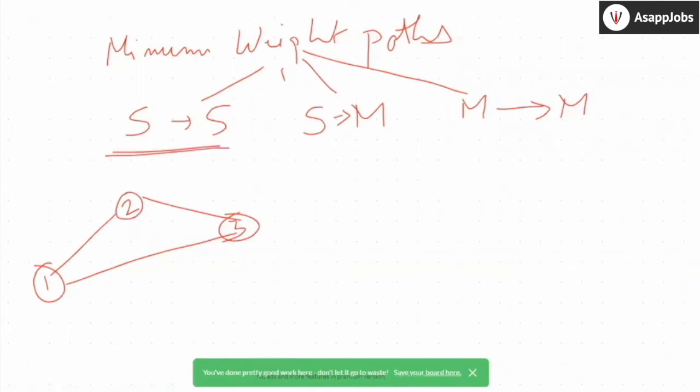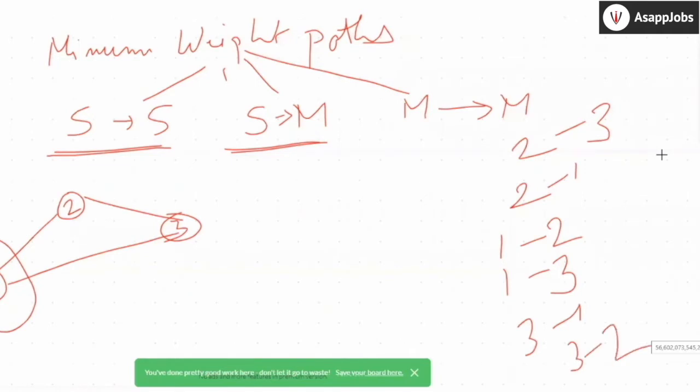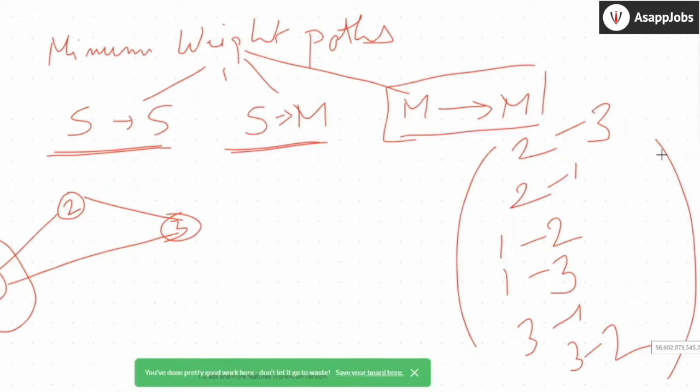If I want to find the minimum path from 1 to 2 and 1 to 3 also, I have a fixed source. My source is fixed, which is 1. I want to go from 1 to 2 and 1 to 3. That problem will be covered here, single source, multiple destinations. Now, if I want to find the minimum path from every node to every other node, so basically from 1 to 2, from 1 to 3, from 2 to 1 and 2 to 3, similarly for 3, 3 to 1 and 3 to 2, then it is covered here: multiple sources, multiple destinations. Okay.